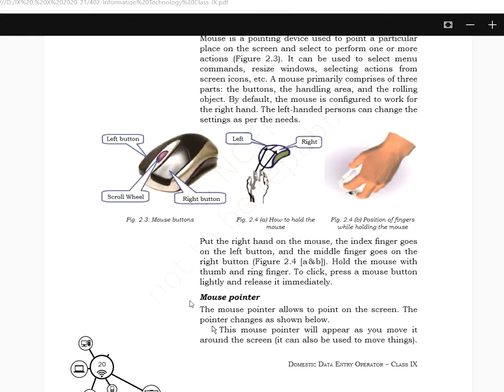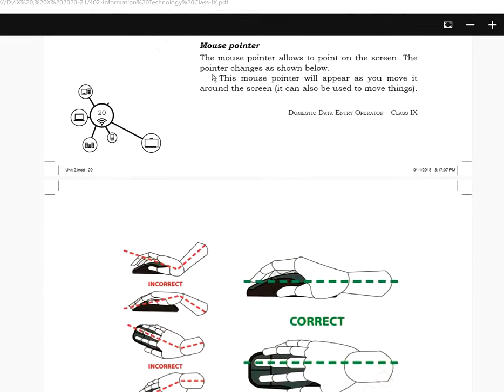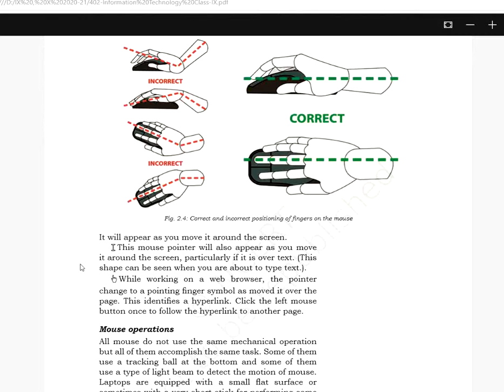Next thing is the variety of mouse pointers. In general, the mouse pointer appears like this normal arrow, and if it is on certain text, as you can notice on the screen right now, its appearance is an I form. If I move it on some hyperlink, which is not in this file, so I can't show it right now, it will appear like a hand. Fine. So these are the mouse pointers.